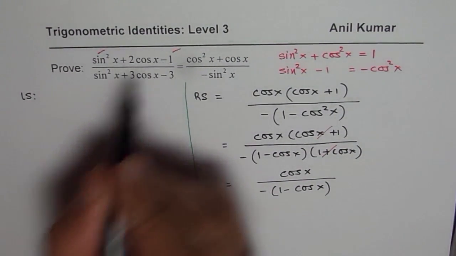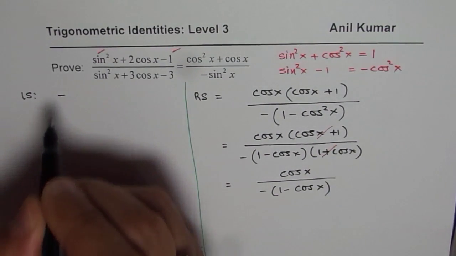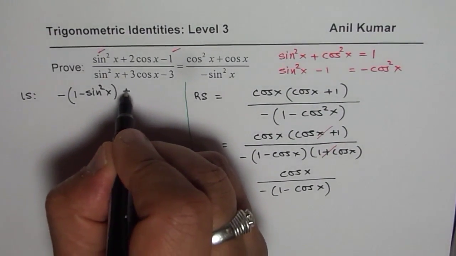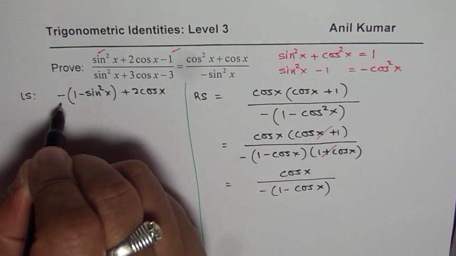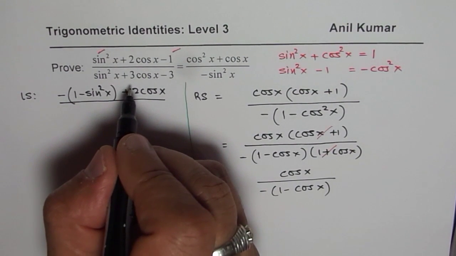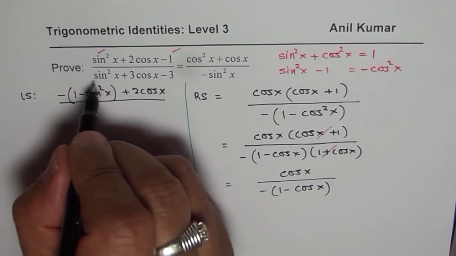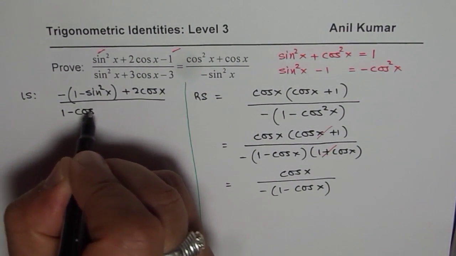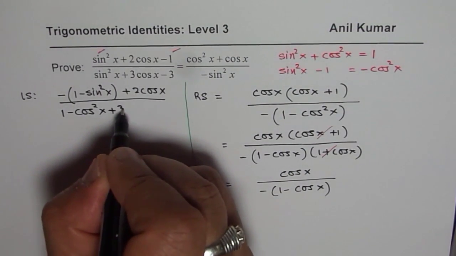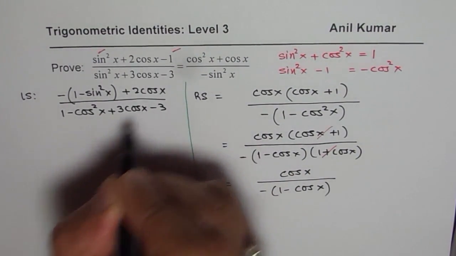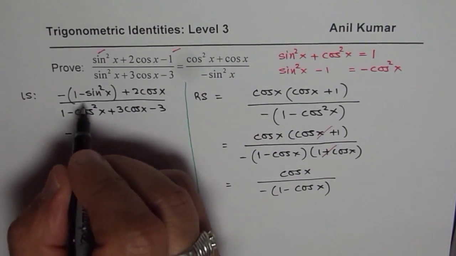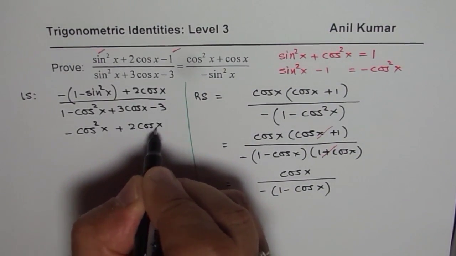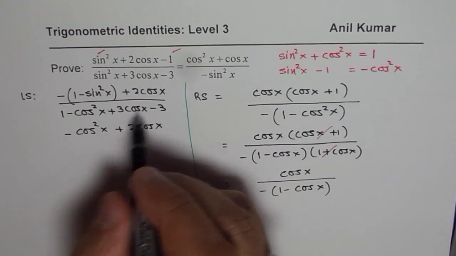So sine square x minus 1, or we could write it like this, minus of 1 minus sine square x to start with, that is better, plus 2 cos x in the numerator, right? So that becomes the numerator for us, and the denominator, where we have sine square x, we could always write this as 1 minus cos square x, right? And we have plus 3 cos x minus 3. Now that gives us minus cos square x plus 2 cos x, right? So plus 2 cos x divided by,